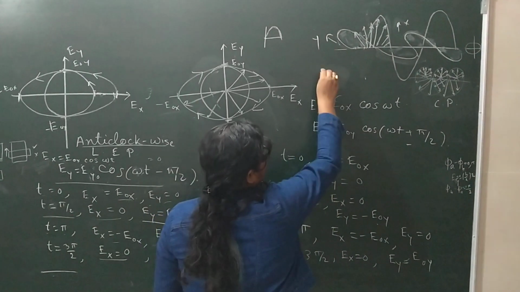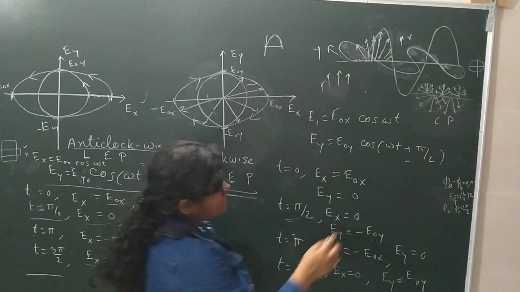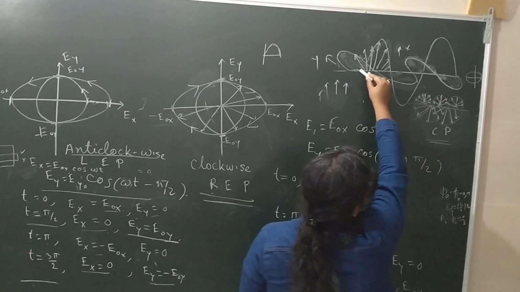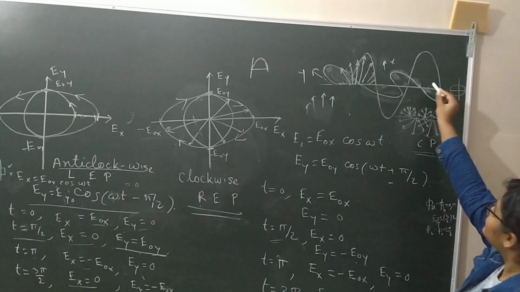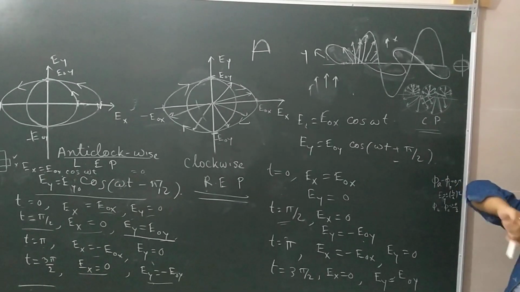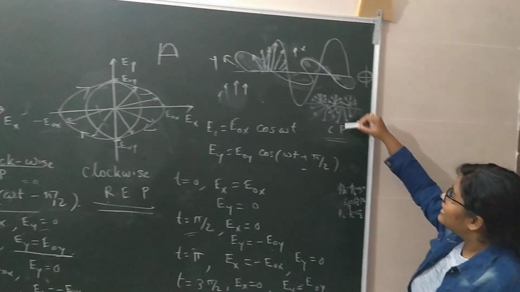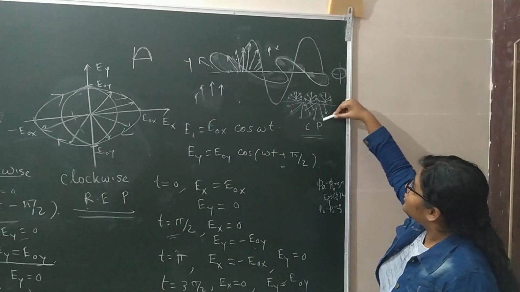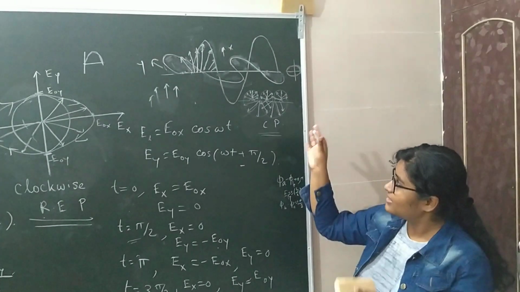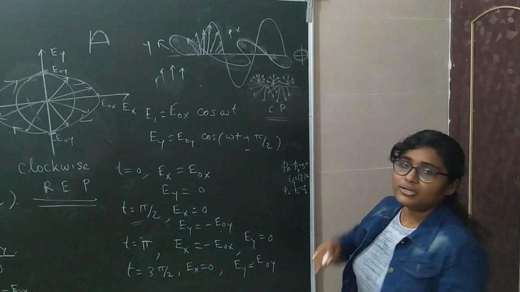The electric field vectors are not like this. And this is the circularly polarized light wave. Here, from this view, you will see the trace of the electric field vector. So it will be elliptical in shape, and in the case of circularly polarized light, the electric field vectors will be like this. So these are the physical diagrams of elliptically polarized light and circularly polarized light.